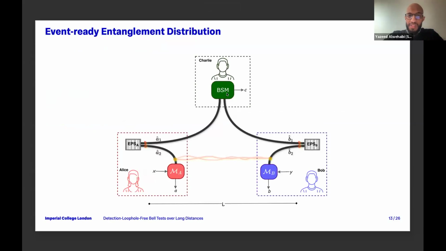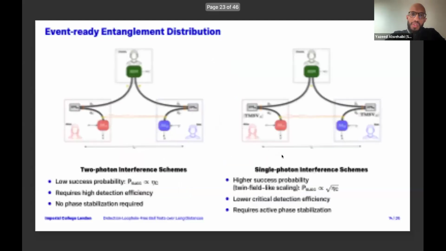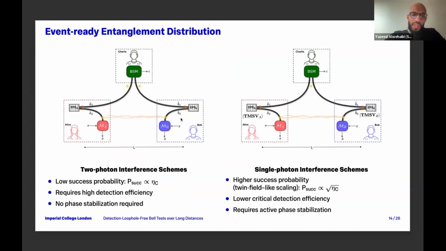Charlie performs what's called a Bell state measurement and announces the outcome. Upon a successful measurement at Charlie, the remaining modes at Alice and Bob will become entangled. This is basically entanglement swapping. Now you could do this in different ways. You could do it based on two-photon interference, where you need two photons to arrive, one from Alice and